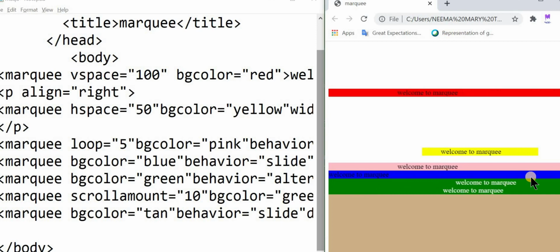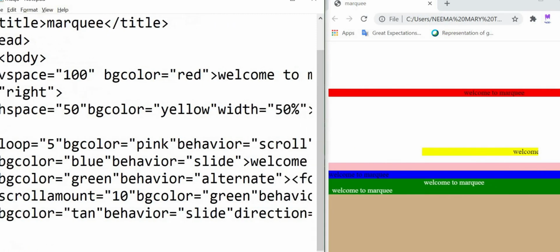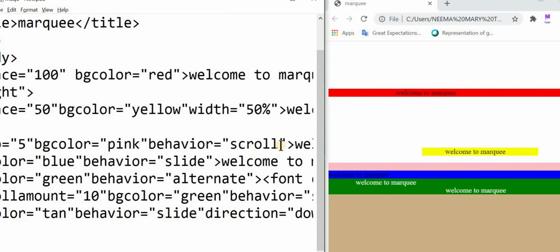After this, it will disappear. It's not coming back. We have given scroll, so it will disappear. We can change that action to slide.